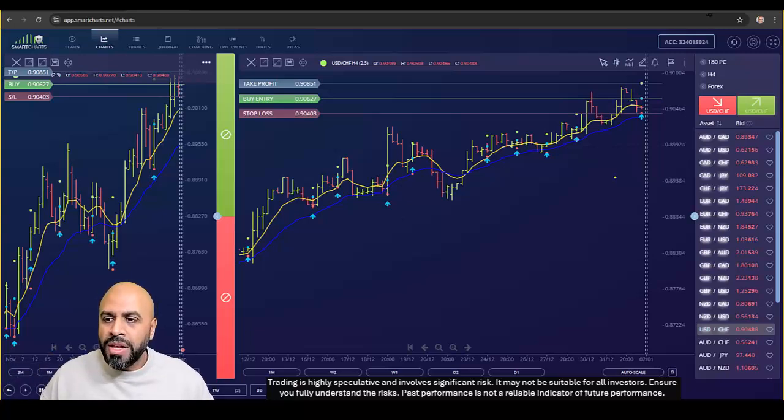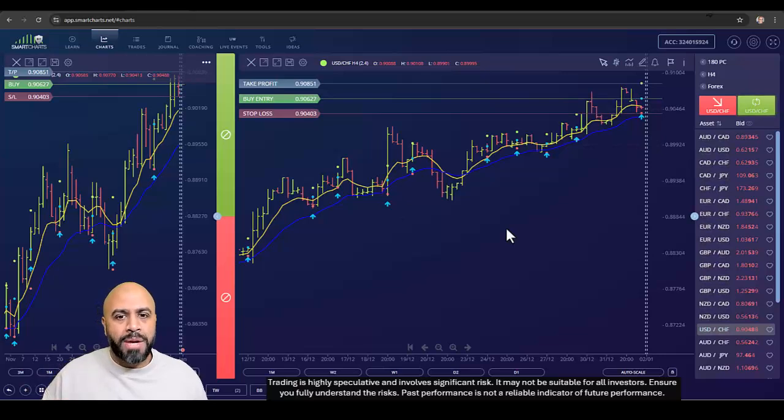Okay. The key here though is really to make sure you're keeping the risk low and make sure you're able to deal with the random distributions of wins and losses that develop throughout the season.